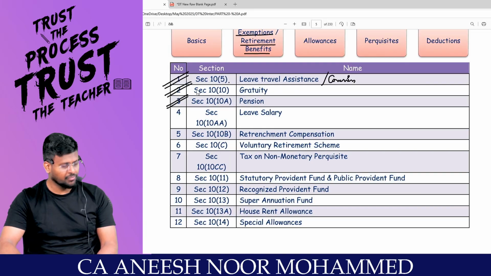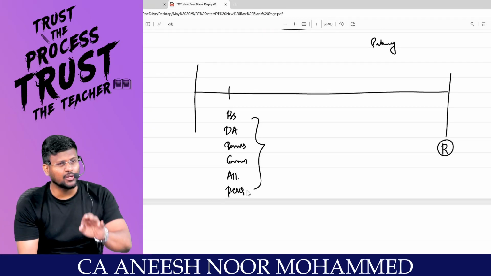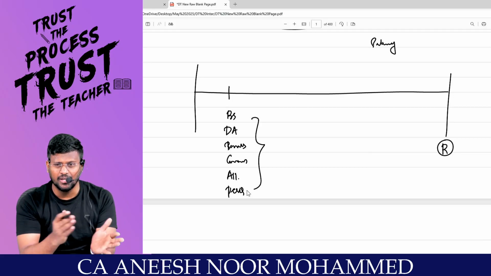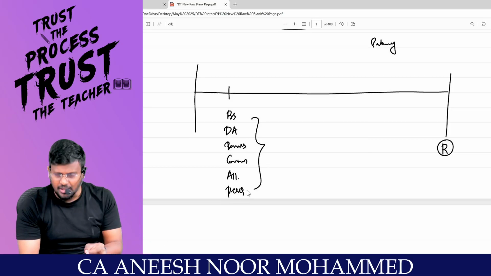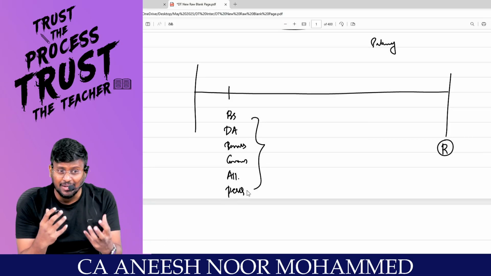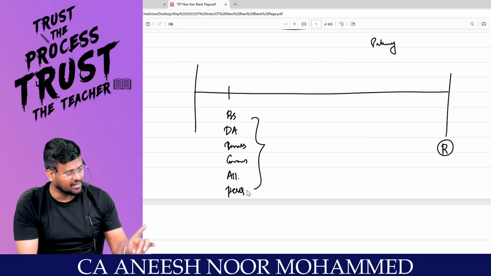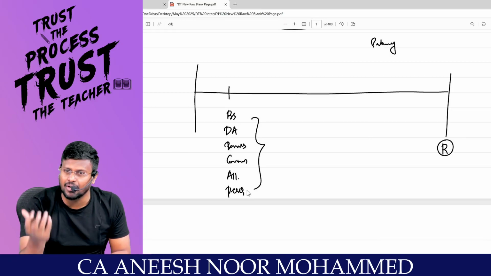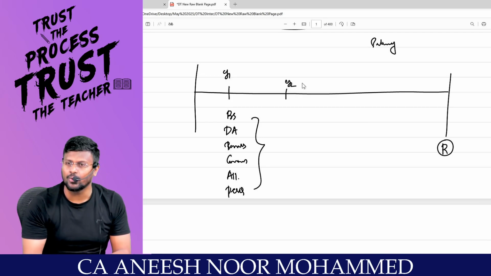10(10A) is what? I already explained to you, you will be joining an organization after you complete your chartered accountancy at the age of 23, 24 or 25 as the case may be. Every year you will be getting the same income only. That is not with regard to the amount, but with regard to the line item I am saying. Every year you will be getting basic salary, but the basic salary per year will be different. Year 1 basic salary will be different from year 2 basic salary. Are you all really with me?